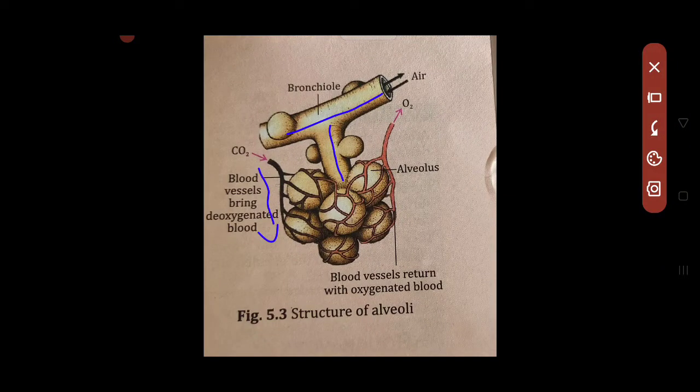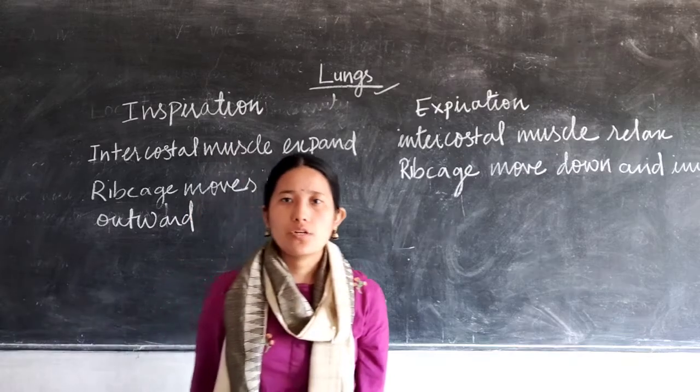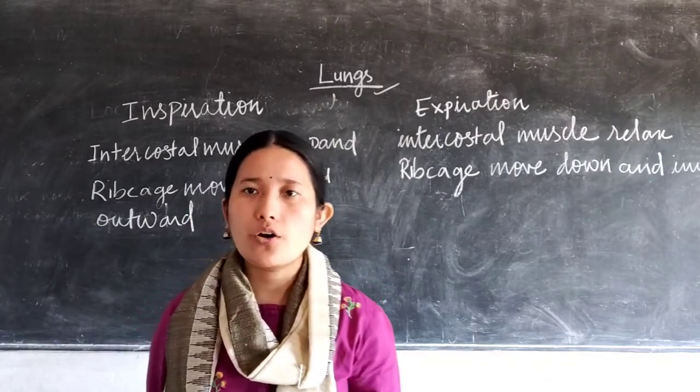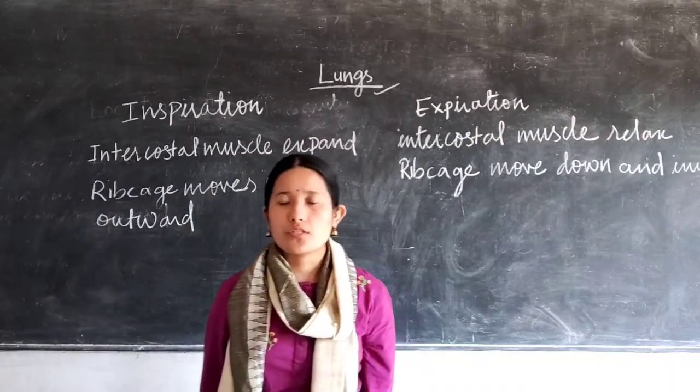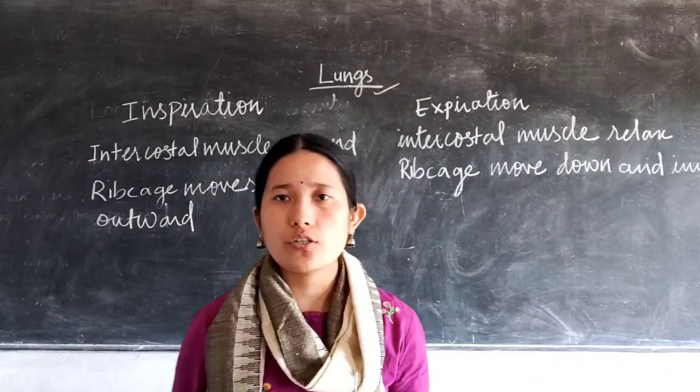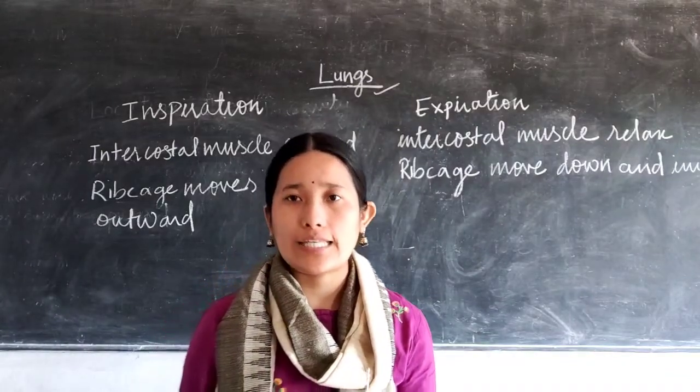Okay, now oxygen will diffuse into the blood vessel, and from the blood vessel the carbon dioxide is diffused into the tube. Okay, now how does that get exhaled out of our body? So how does that take place? Okay, so we will be discussing the mechanism of breathing in detail. So let us discuss the mechanism of breathing. Your mechanism of breathing first involves inspiration or inhalation, that means taking in of the air.